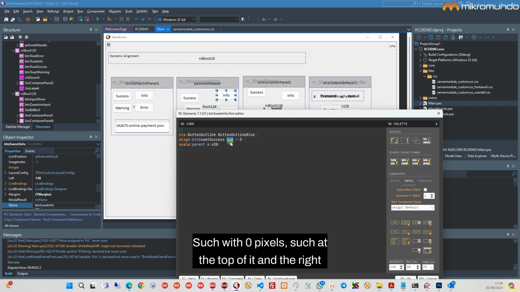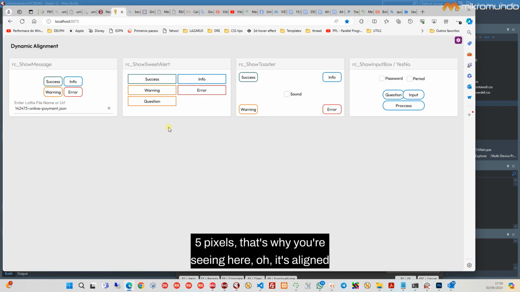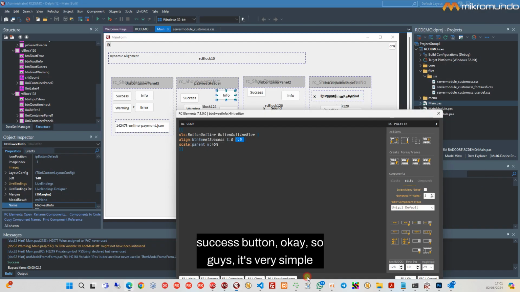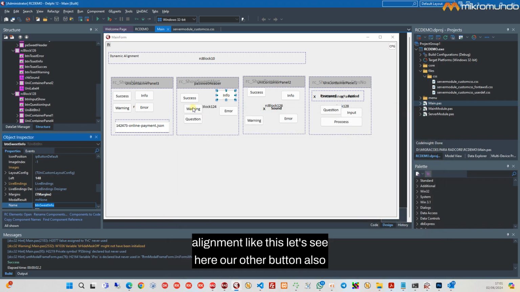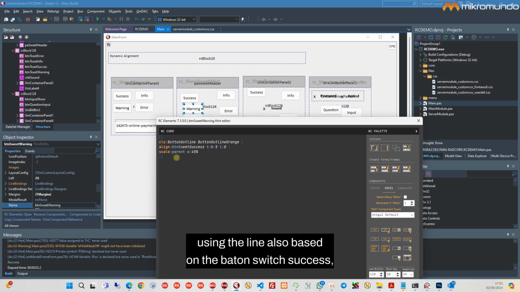Such with 0 pixels at the top of it, and 5 pixels to the right. That's why you're seeing here, it's aligned to the top, but it's 5 pixels away to the right of the success button. Okay, so guys, it's very simple to apply this type of alignment. Let's see our other button, also using align, also based on the button switch success, because